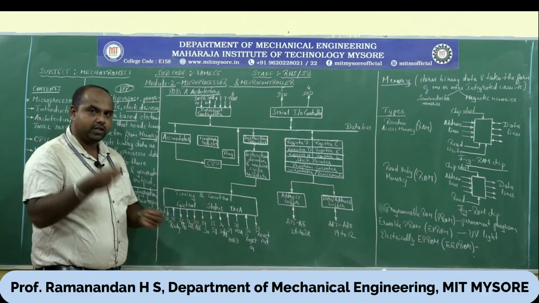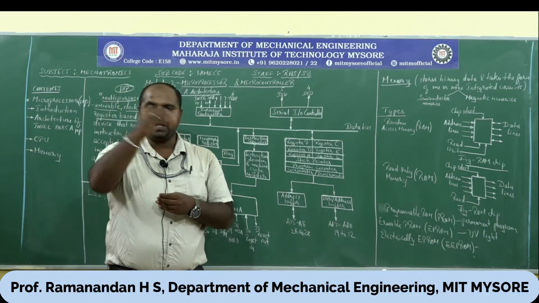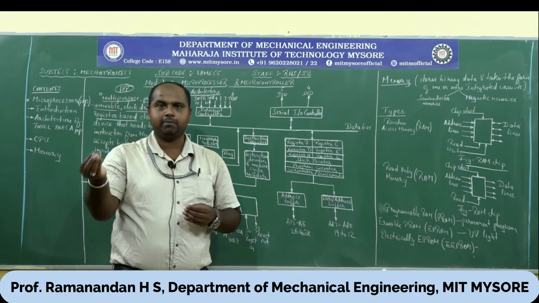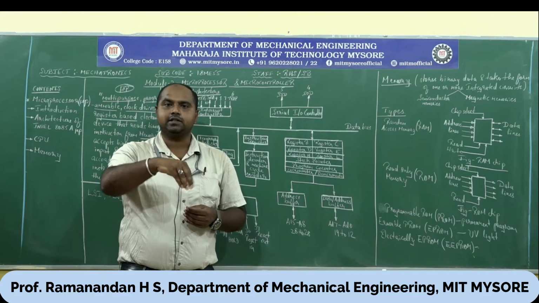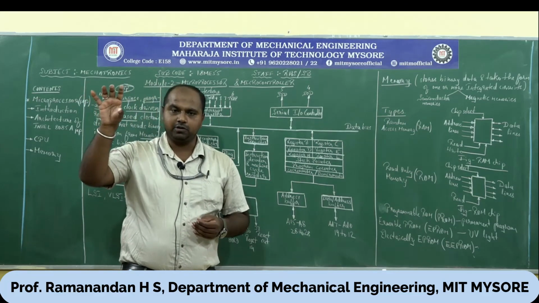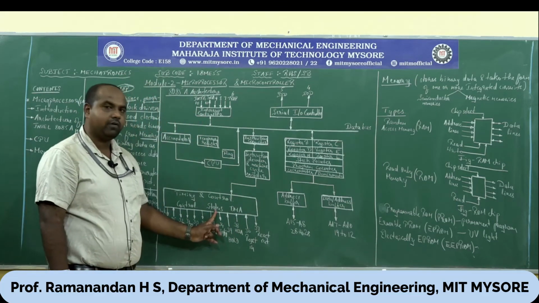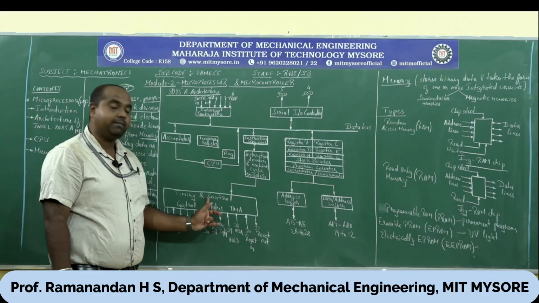Status activity. What is the input status? What is the output status? For example, if you are copying data from one to another, say from a pen drive to a hard disk, a status bar will usually be seen on the computer screen. So that status bar is one form of execution of the timing and control unit.